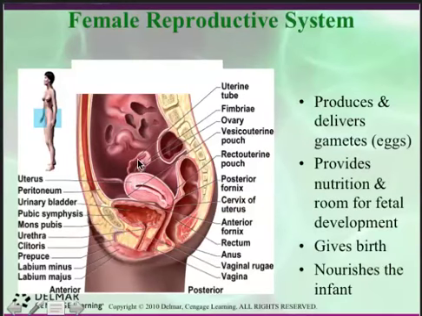It's important to note that the fallopian tube and the ovary are not a fused structure. As a result, occasionally when an egg is ovulated, sometimes it can enter the abdominal pelvic cavity, and if fertilized, it can implant inside the body wall, and this is known as an ectopic pregnancy, and generally this is an emergency situation for both mother and child. Often this ends in a surgical abortion, but occasionally these ectopic implants can be rescued, reimplanted in the uterus, and